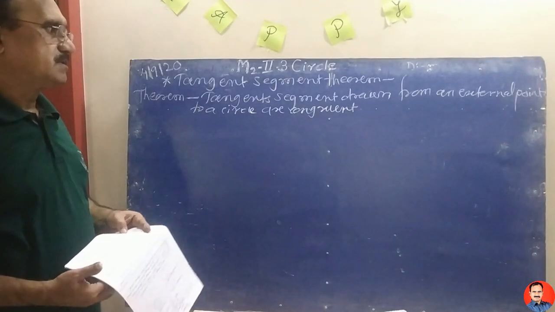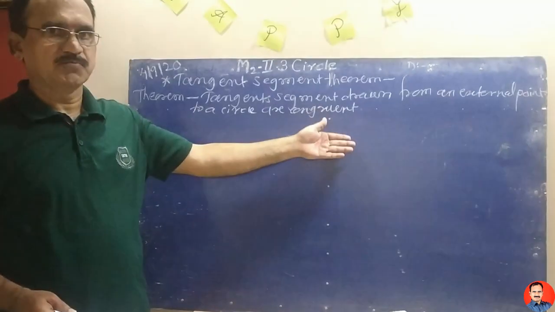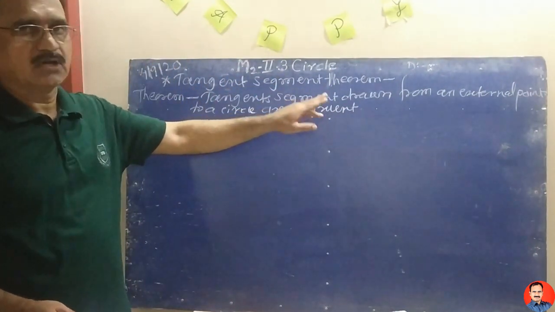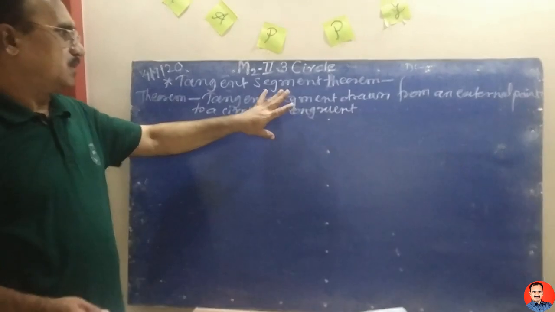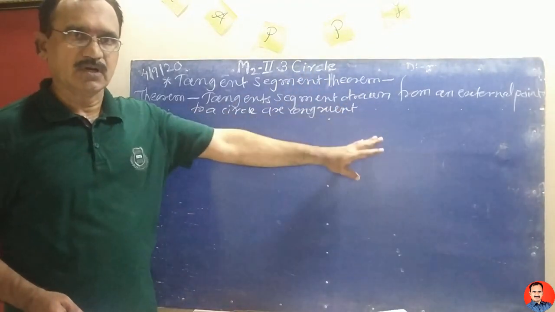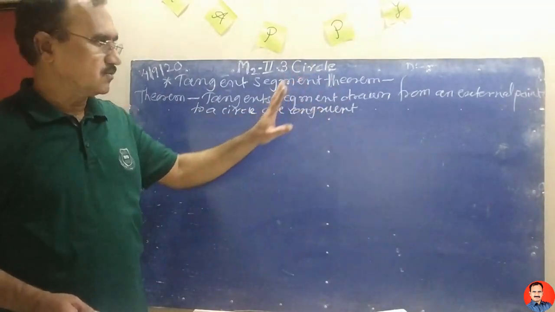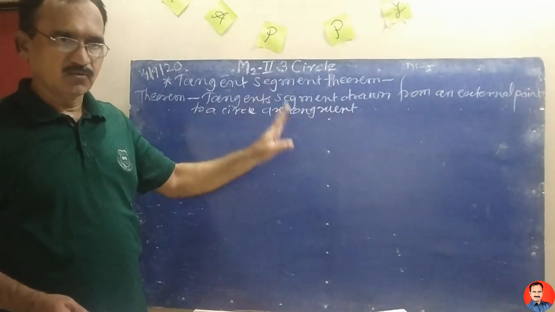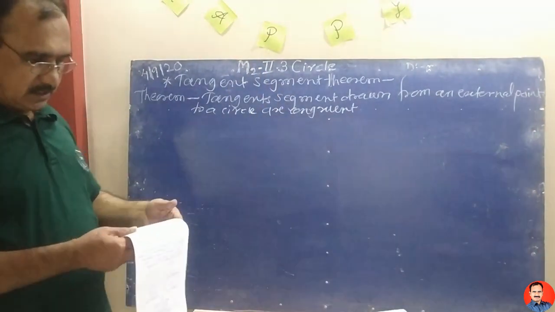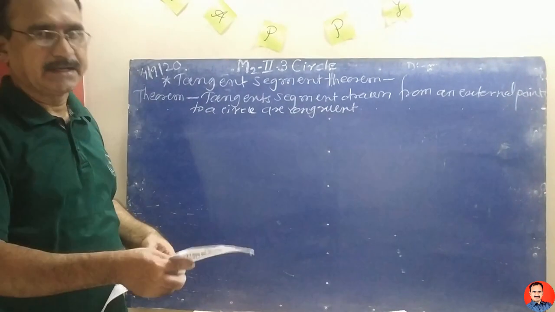This is a theorem, which means we have to prove it. If you draw the tangents from an external point of a circle, there are two tangent segments. We have to prove these tangent segments are congruent. We can write the given and the to prove from the statement of the theorem, and we can also draw the figure with the help of this statement. With our knowledge, we can write the proof of this theorem also. Here in our textbook, this proof is given in activity-based form.